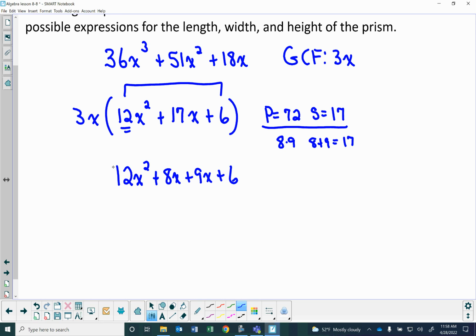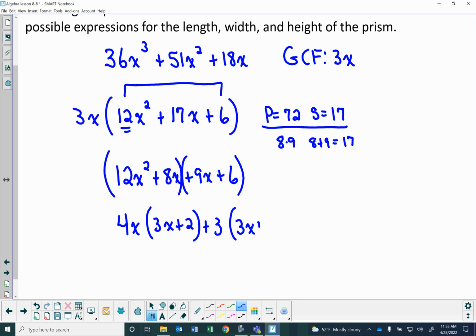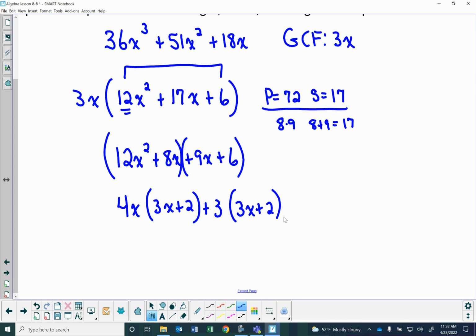Okay, now we're going to take this and group it. First two, last two. Greatest common factor out of 12x squared plus 8x is 4x. And that leaves me with 12x squared divided by 4x is 3x. 8x divided by 4x is 2. Greatest common factor out of 9x plus 6 is 3. 9x divided by 3 is 3x. 6 divided by 3 is 2. So I have a 3x plus 2 as my common term, a 4x plus 3 as my other term, and